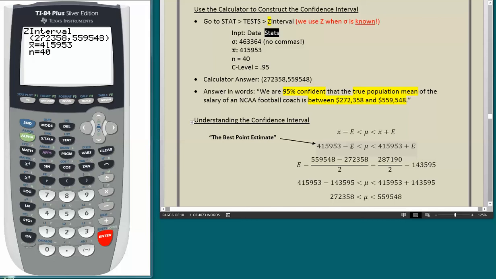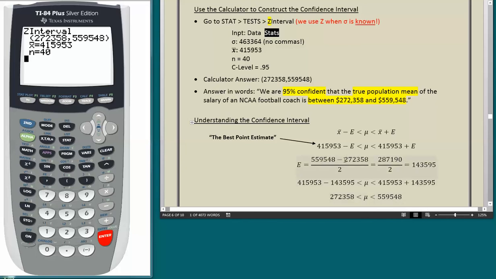Now, we need to get E. There's two ways to get E. There is a shortcut way, which I'm going to do. That's the first way I'm going to do it. But there's also a way using a formula, which is how the calculator does it. But I want you to see how easy it is to sort of back into E once the calculator has given you the confidence interval. So here you see this E equals. It looks a lot worse than it is. E is simply the high end of the confidence interval, which in this case, you see right here, the high end is 559,548. That goes here,